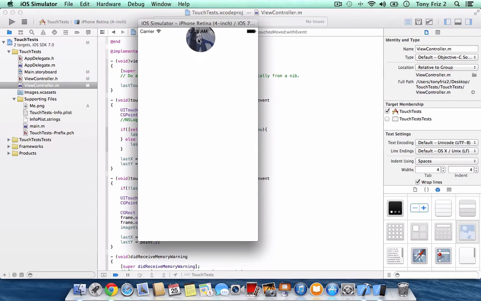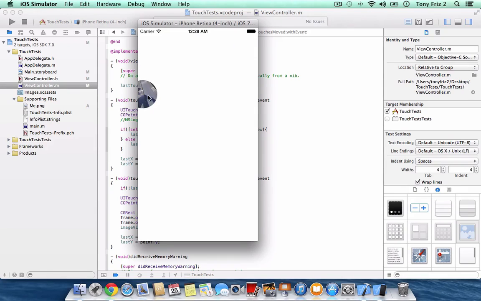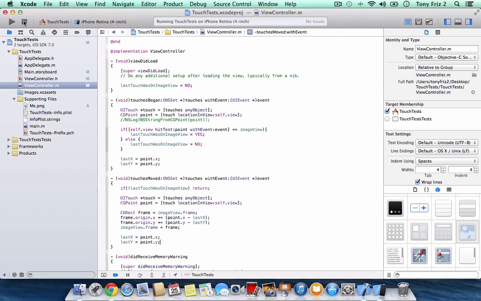The last thing we want to do is set some boundaries so the user can't drag the image view off of the screen. So let's quit the application, and here we'll add 4 if statements. One for a minimum x and a maximum x, and one for a minimum y and a maximum y. So if